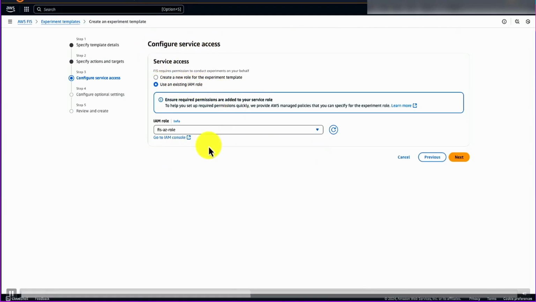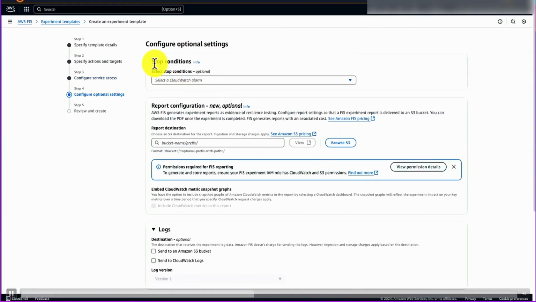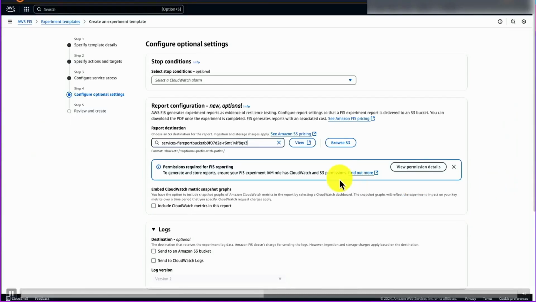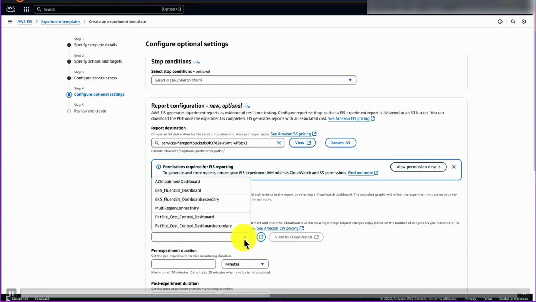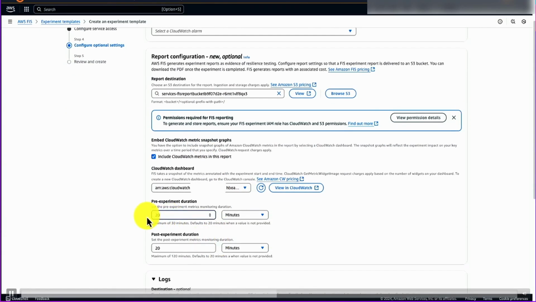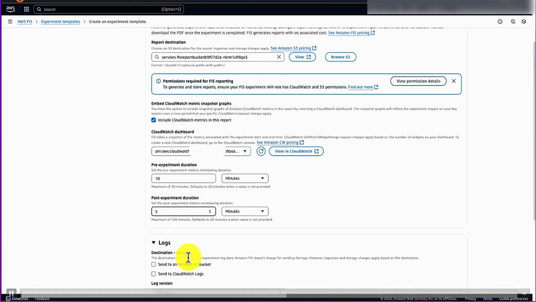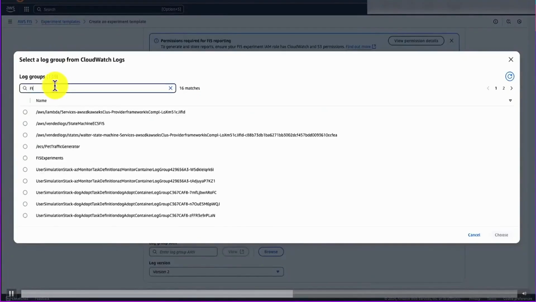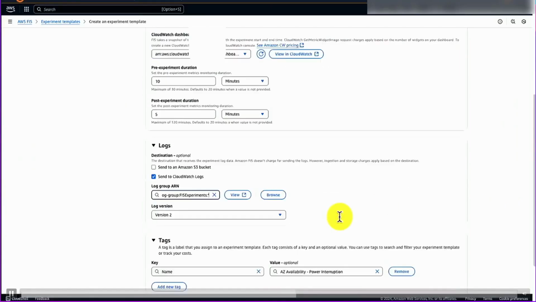And then it's going to create a service linked role, or we can select one you've already pre-created. And a nice thing about FIS is that it can generate a report for you, a PDF report, that includes essentially all it's observed through the experiment, and it would store that PDF in an S3 bucket for you. And if you've got a CloudWatch dashboard that monitors your application, you can ask FIS to take screenshots of that dashboard and add it to that PDF report that it creates for you. So here I'm saying, take screenshots 10 minutes before the experiment and 5 minutes after the experiment to show that full life cycle of the experiment.